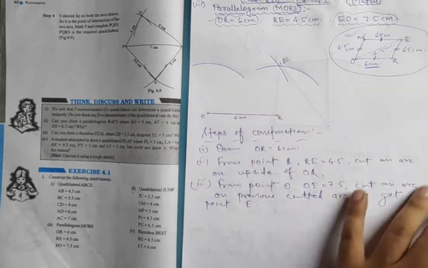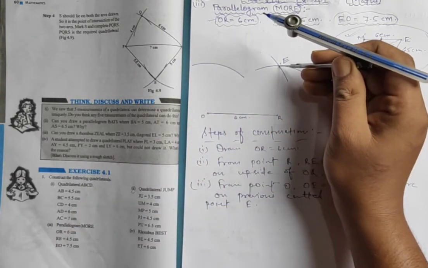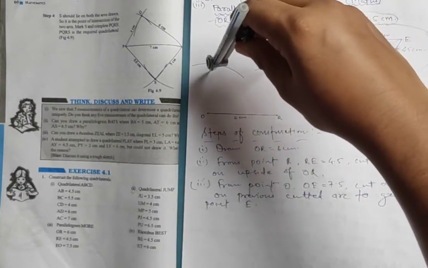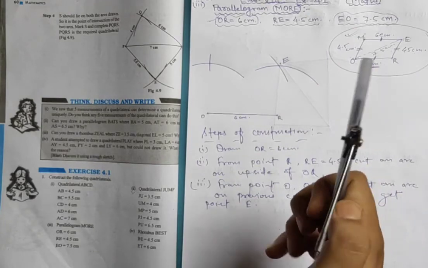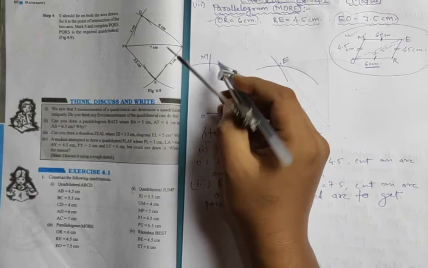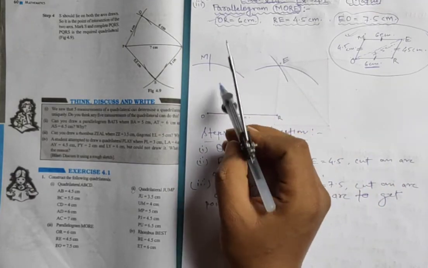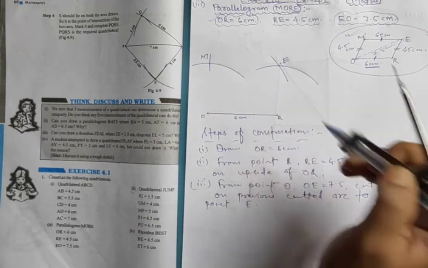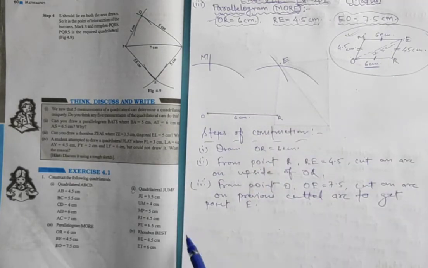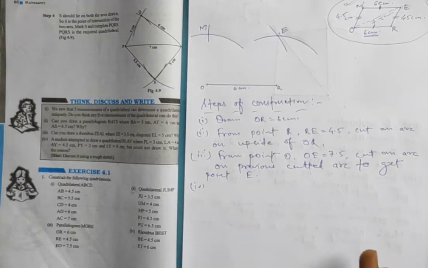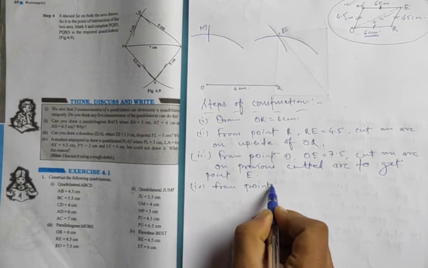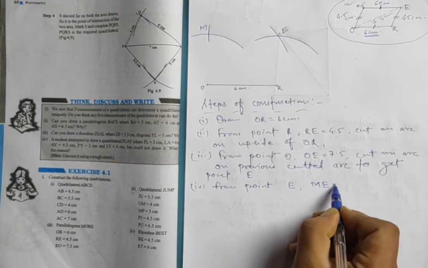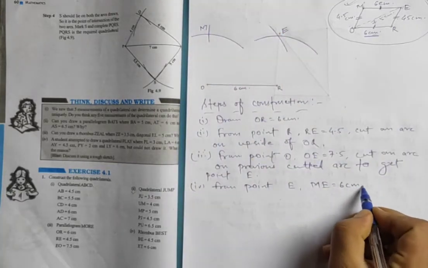I have taken an arc of 6 centimeter from point E, put the pointer of the compass on point E and cut an arc on the previously cut arc. So you get the point M here. Okay, so all the 4 points which we want, we found: M, O, R, E. Now we have to write the steps. So in the fourth step, what we have done, from point E, ME equal to 6 centimeter, and